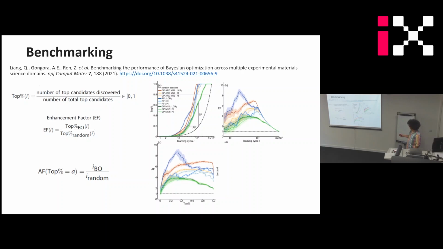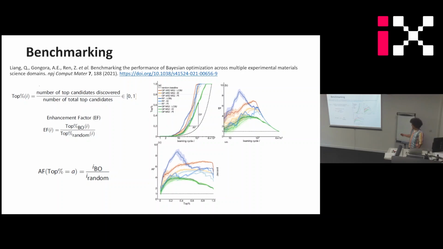So that would be kind of here looking at either this line compared to the random, or the horizontal line compared to random. And in this example, they looked at either using Gaussian processes with different kernels. They mainly looked at the Matern kernel with different acquisition functions, and they also compared it to a random forest approach, where instead of using a Gaussian process, you just use a random forest to give you the mean and the